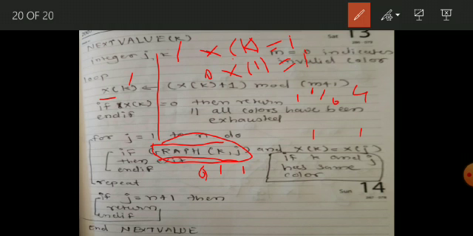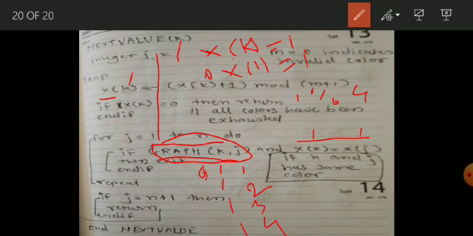If not, then it will check all the possibilities, that is first time it is 1 comma 1, next time 1 comma 2, next time 1 comma 3, and next time 1 comma 4. So like that all the edges' colors will be checked over here. If it has the same color, it will break from this particular loop.